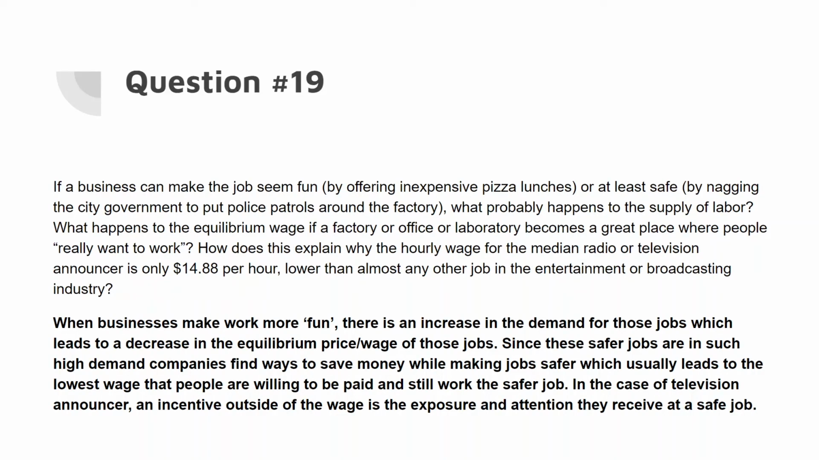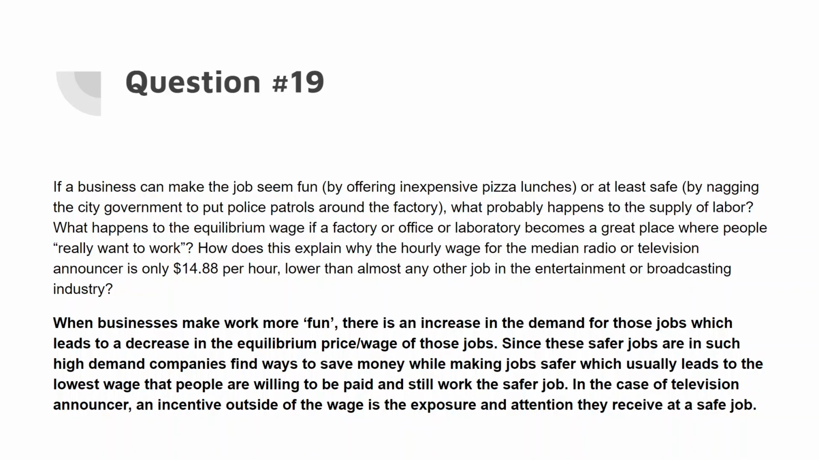With 19, when businesses make work more fun or create incentives to work there, the demand for that job will increase. And with that demand usually comes a decrease in the equilibrium price or wage for that job. So in doing so, usually there comes a cost at making a job more fun. So companies will try to do it as cheaply as they possibly can,